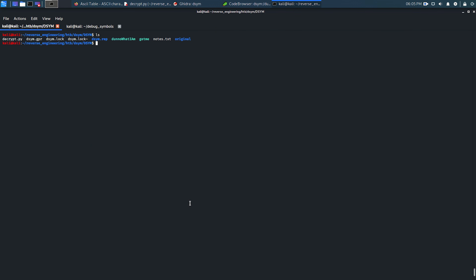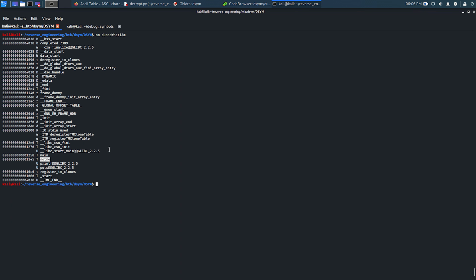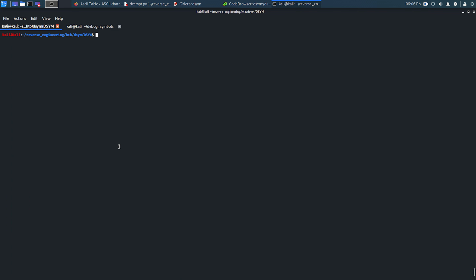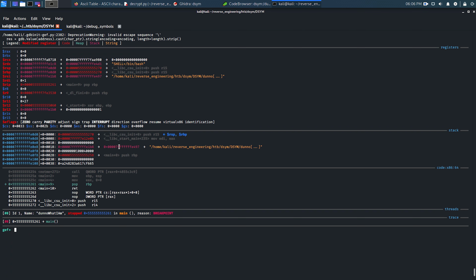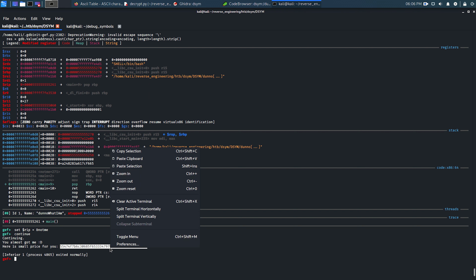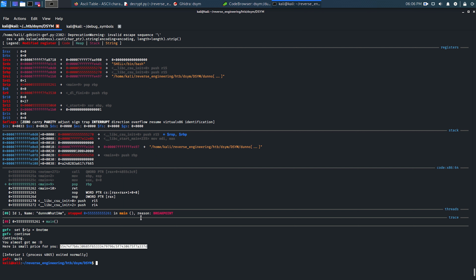So quick recap. We were able to solve this challenge by first unstripping the getMe binary and putting the executable parts in the don't know what I am binary. We then analyzed this in Ghidra, and we saw that there is a function called notme, but this function is actually never called in the main function. We were able to call this function by using GDB. We first set a breakpoint in the main function, and then we ran the program. Then we set the RIP register to be the address of the notme function, and then we simply told it to continue execution. And we saw that this value here is encoded, so we used the codify tool to decode